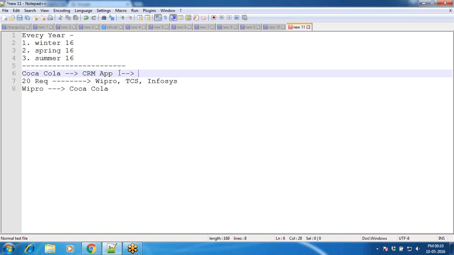Suppose Coca-Cola has 3,000 employees who are going to use that CRM application. For 3,000 users, whatever license they need, they will take from